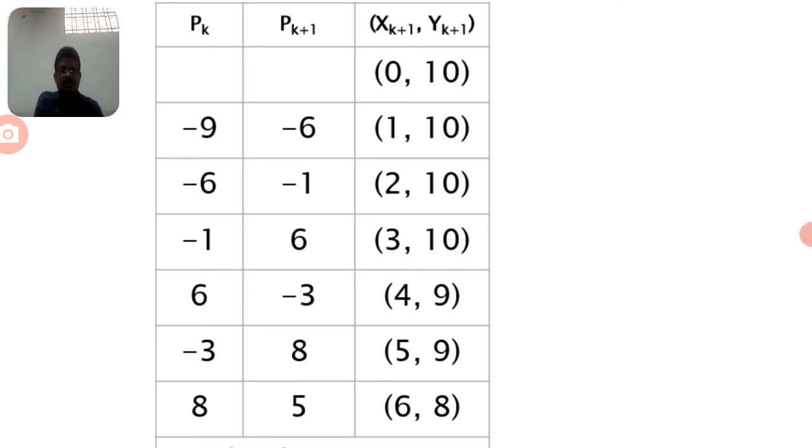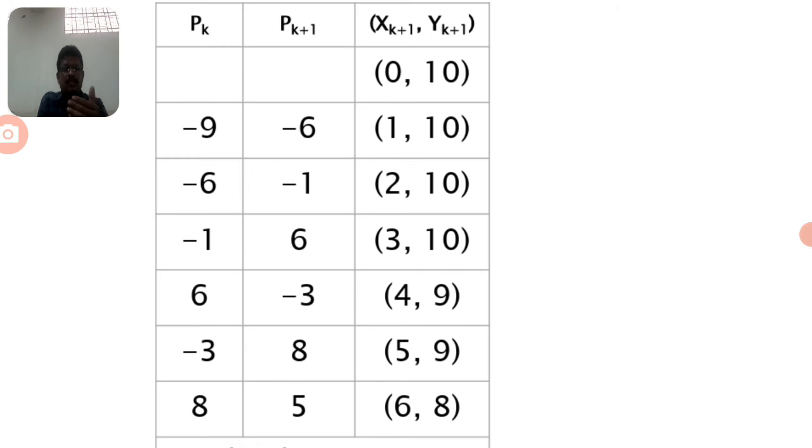At that time we can consider the 6 value as the current parameter, the index parameter, the initial parameter, and we will find the next parameter, that is equal to minus 3. So we will find minus 3, and the next coordinates, one is an incremented value, one is a decremented value, that is 4 comma 9. So now coming to this minus 3 as the current parameter, we will find the next parameter, that is 8, and the next coordinate x is incremented and y is the same.